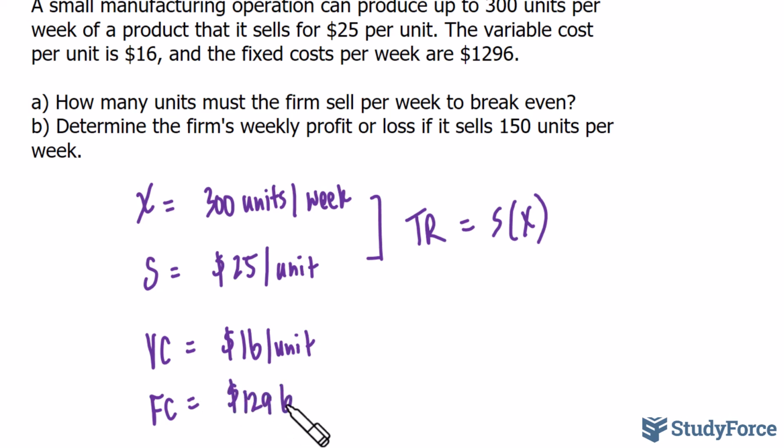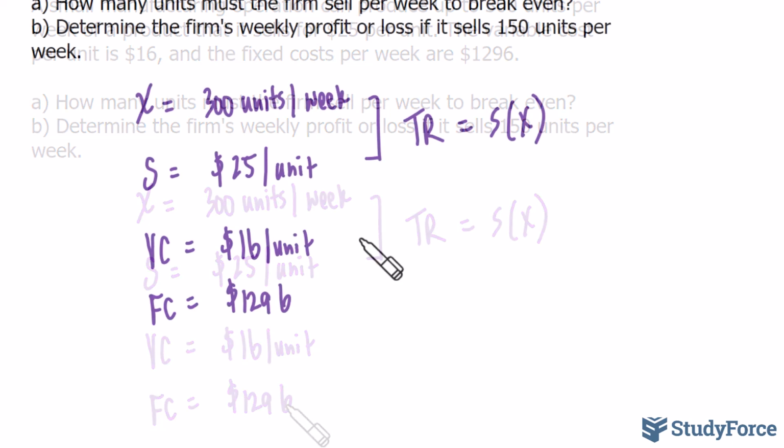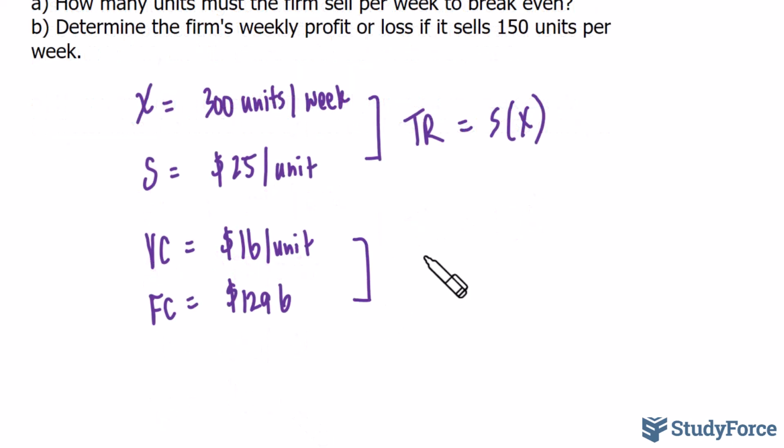Now remember, fixed costs can be anything from rent or salaries that must be paid, and variable costs can be things like utility bills or the amount that you must pay for maintenance. Things like these change over time. This is why we call them variable costs. Now, if you sum these two values, you get your total cost, which I'll represent as TC. So we'll say that TC is equal to your variable cost multiplied by the number of units, X, plus your